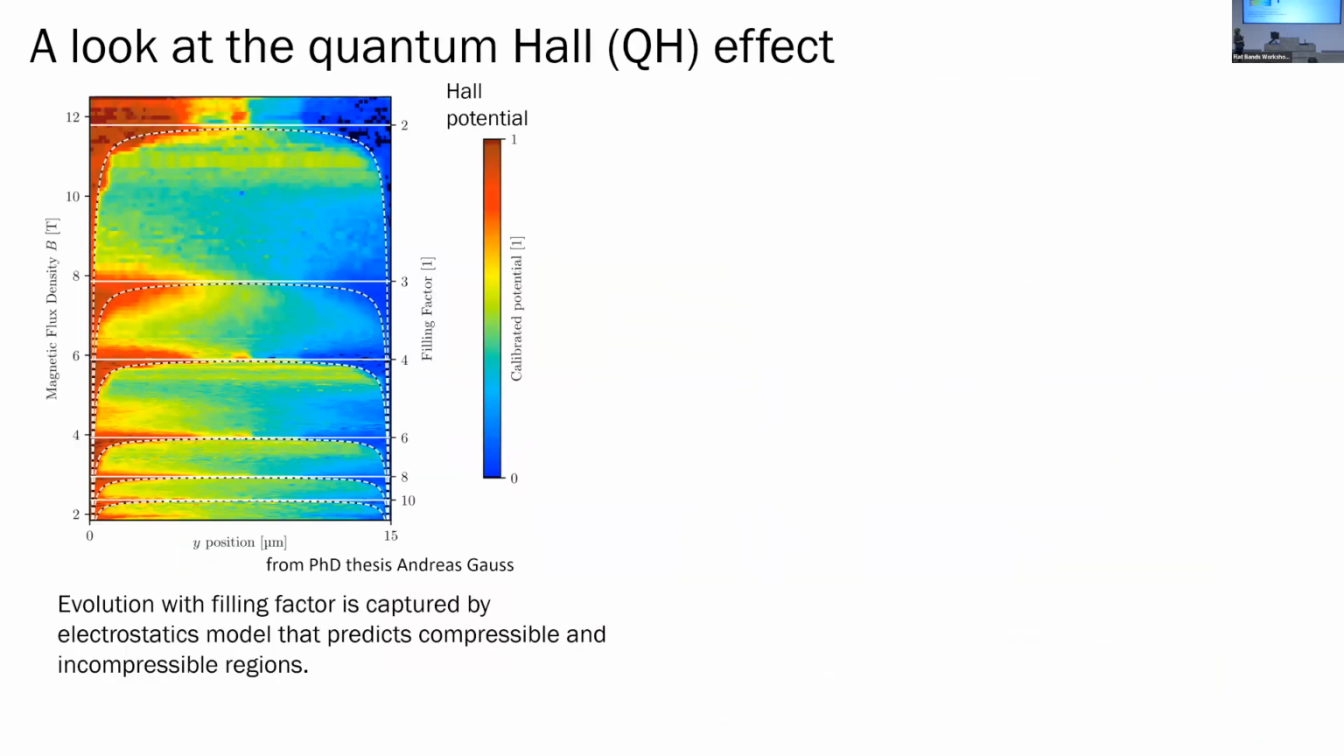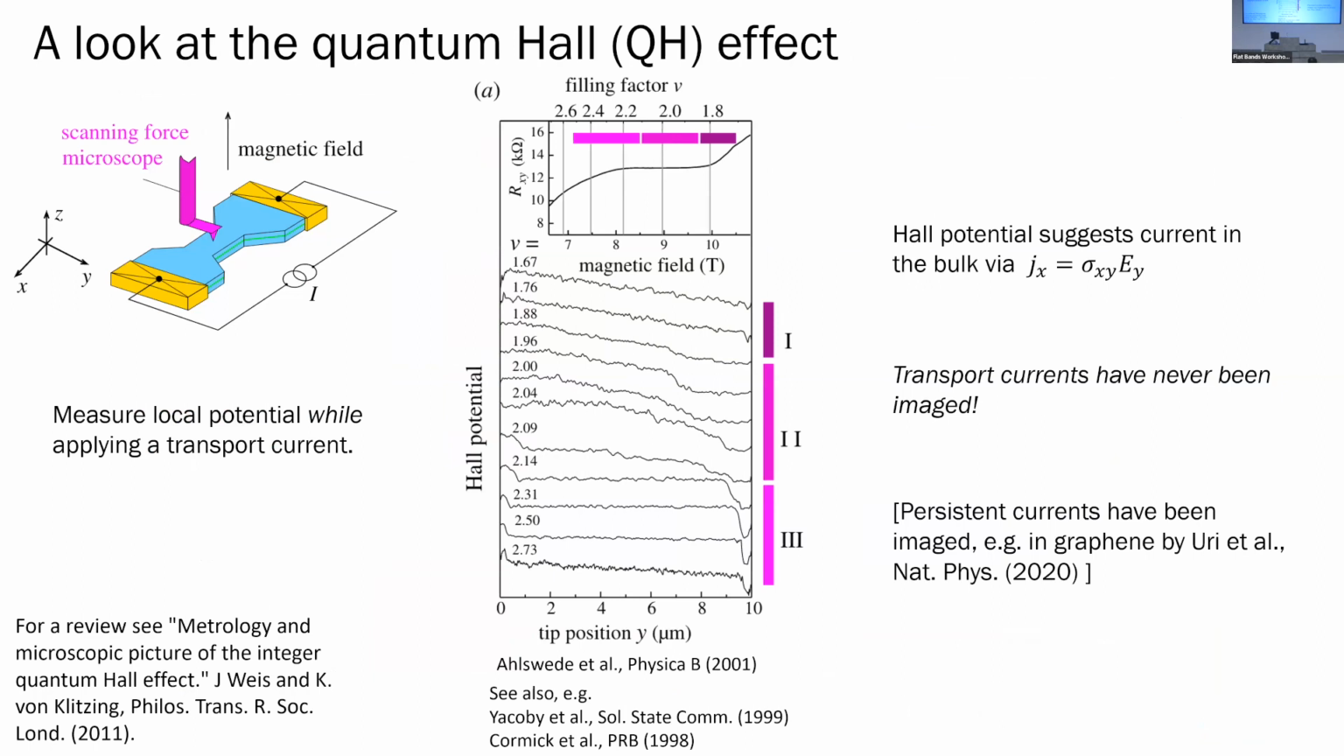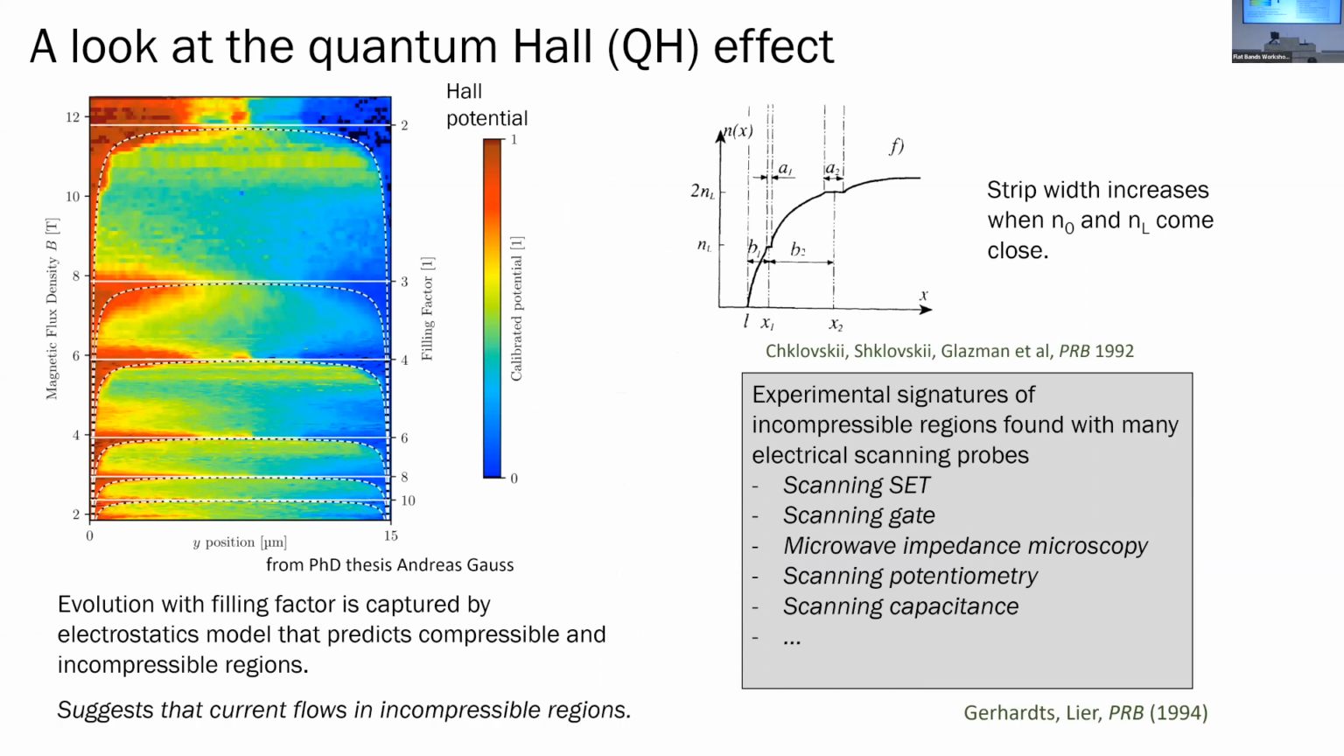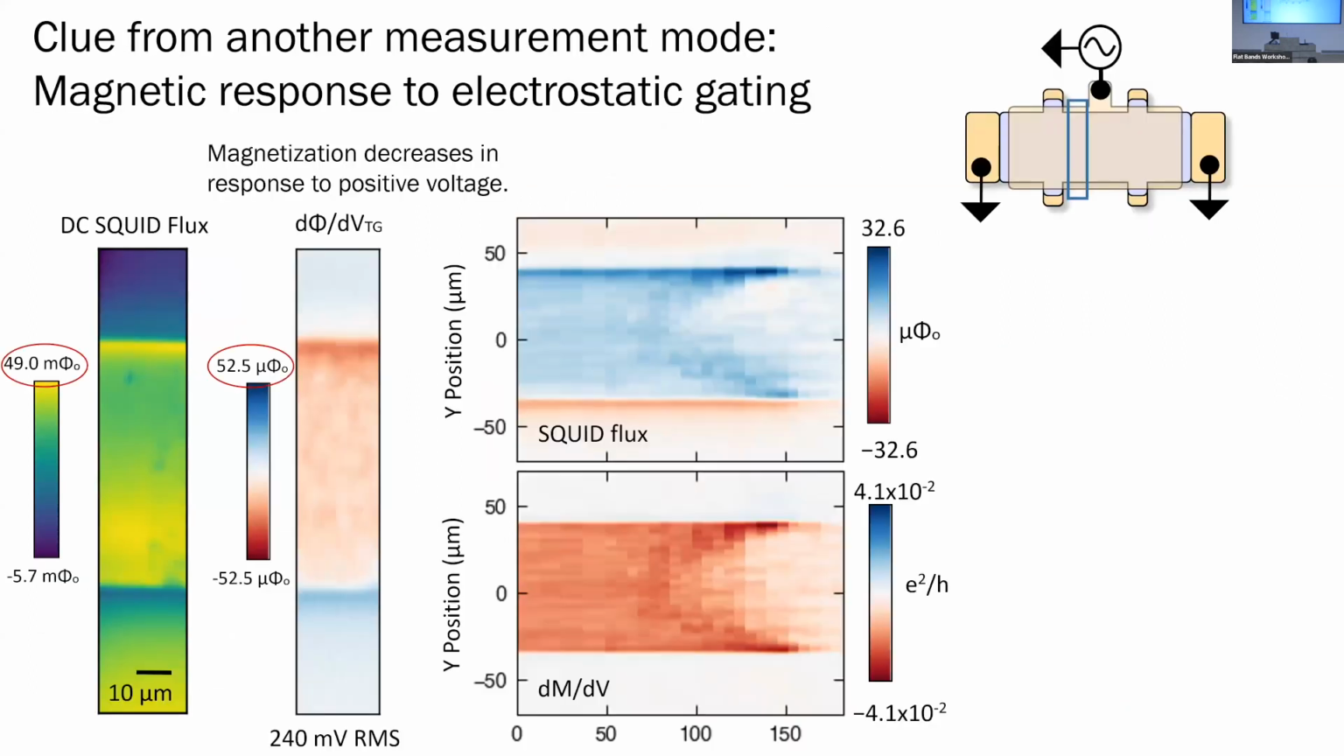I was going to look at the quantum Hall effect. It's really interesting to look at this paper where Klaus von Klitzing's group reports local potential measurements while applying a transport current in quantum Hall samples, and concludes that there must also be a current flowing in the bulk in the quantum Hall regime. And there are a lot of other things that are interesting. I will skip